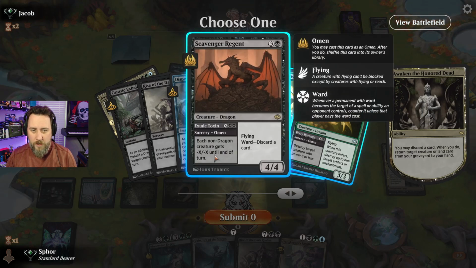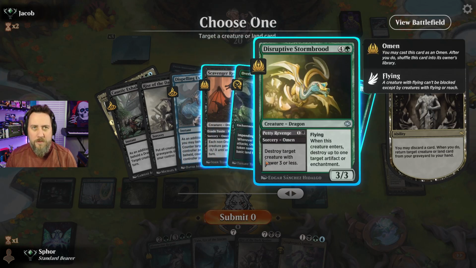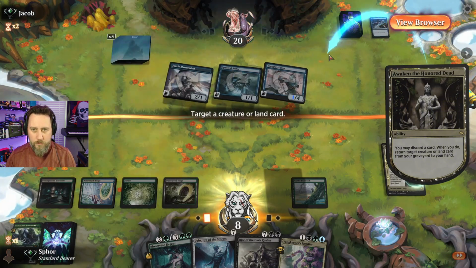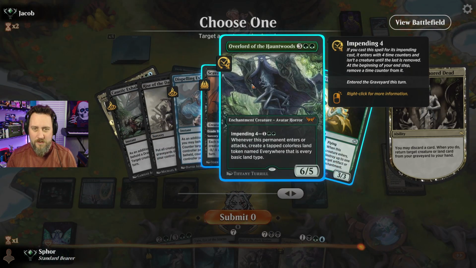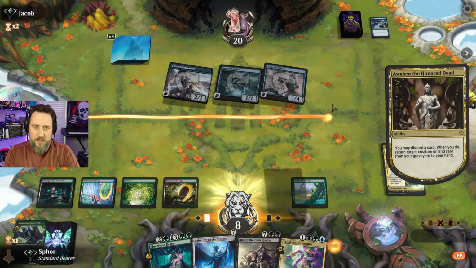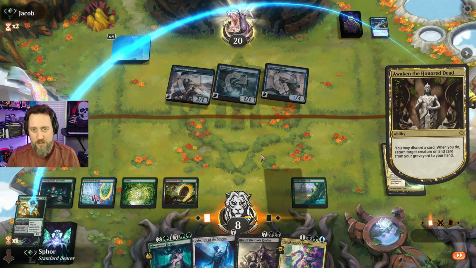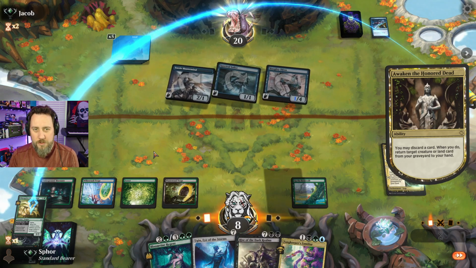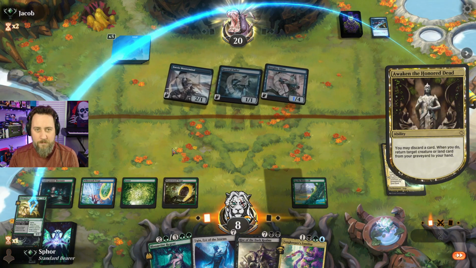Hey, there we go. Board removal. So I said we don't have board wipes last game. That's not true. We've got everything. We've got board wipe. We just have to have enough mana for it. X equals 2 is decent. It gets rid of 2, which is better than nothing, but in this case I think